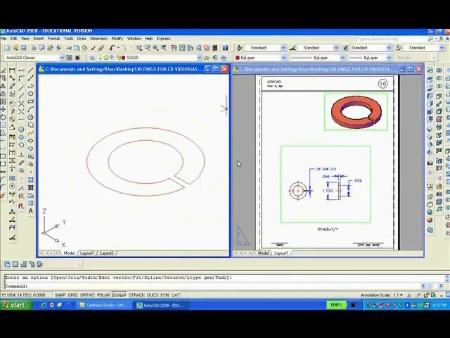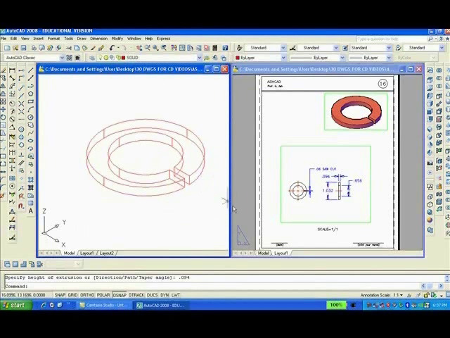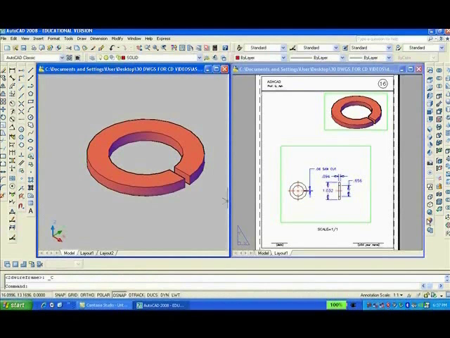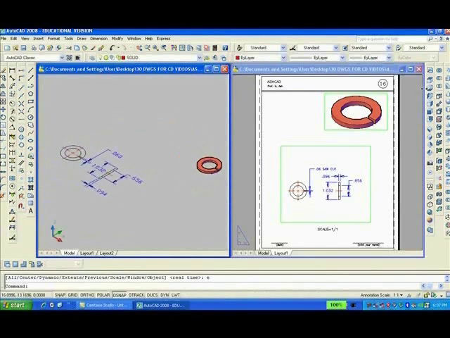Now we want to extrude, EXT, enter. We want to extrude this object to a height of 0.094, enter, and we'll shade it to see what it looks like. It looks correct, so we'll zoom, extend, and we'll go into top view,